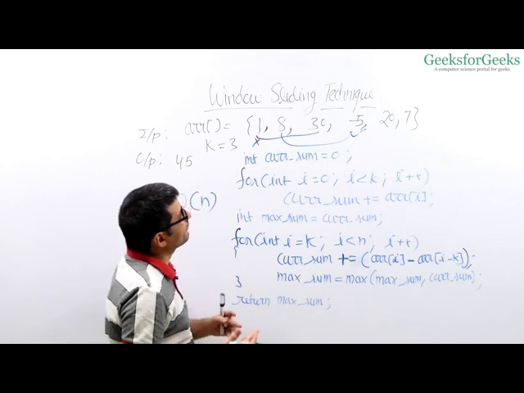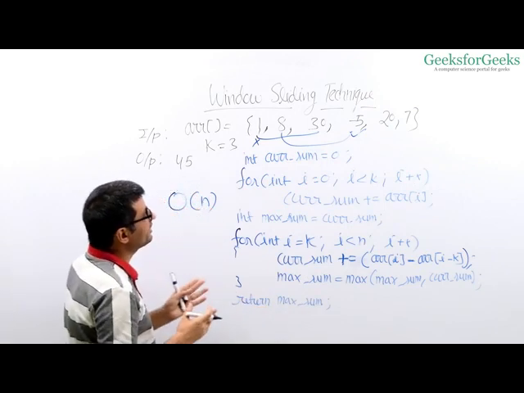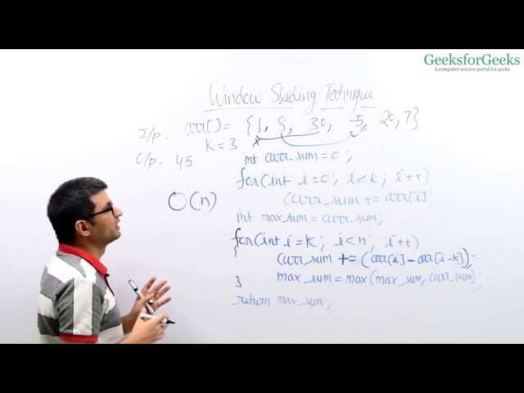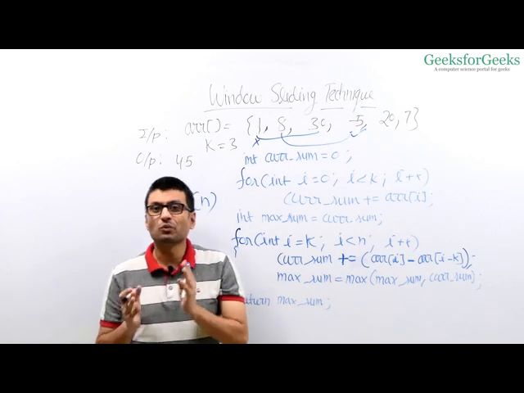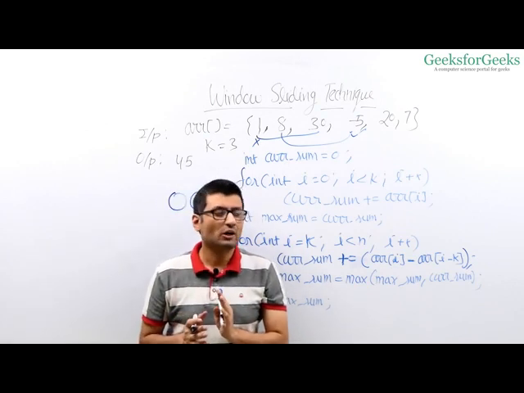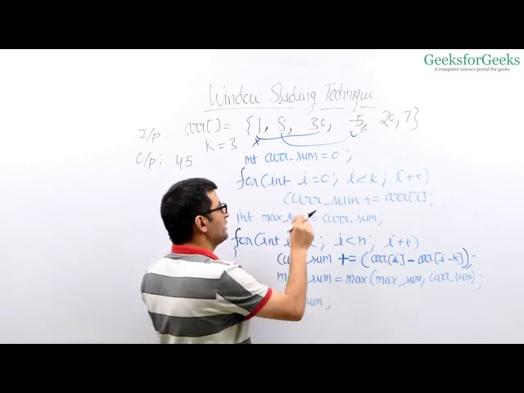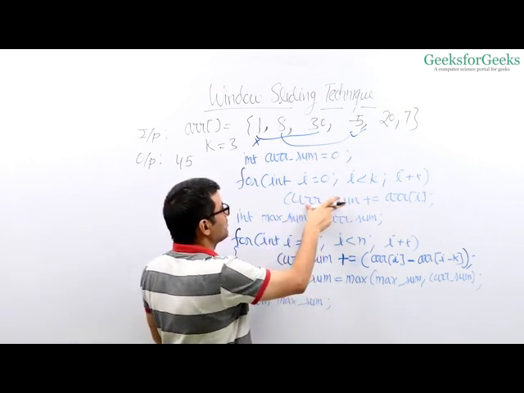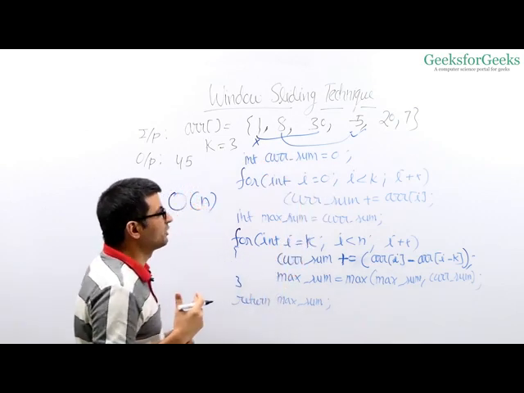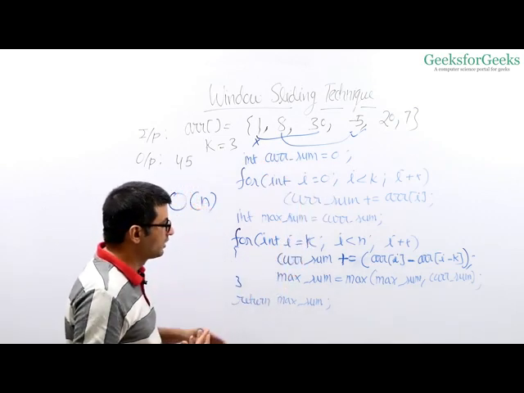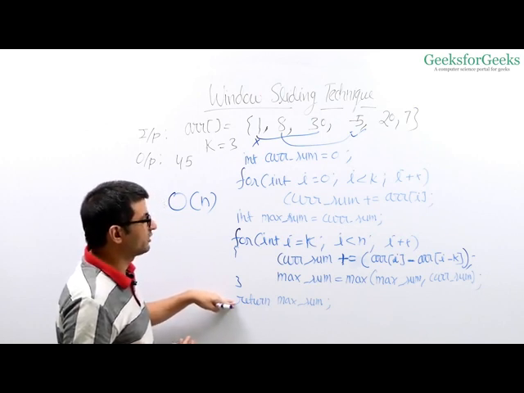And if I give you 44, then your output is going to be false because there is no subarray of size 3 with sum equal to 44. So you need to tell me whether there is a subarray of size k with the given sum or not. What modifications will you make to the solution? You will simply compare current sum with the given sum 45. So if current sum is equal to the given sum, then you return true, and at the end, if you did not find any subarray of size k, you return false.